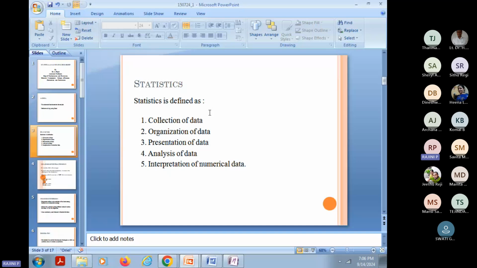Once the data is clear, you understand what columns we have, what variables we have, what kind of data we have, whether it is qualitative or quantitative. Everything you need to check. And do we have any missing values in the data? Or any outliers? Do we have any noise in the data? All those things you need to check, right? If we have any relevant data, all these things we need to check.